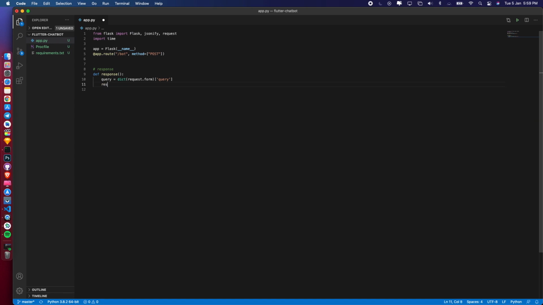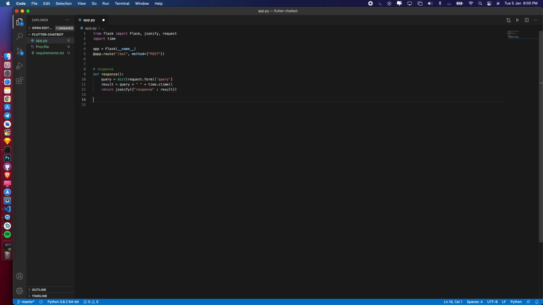And we'll be displaying a result in a new variable named result: query plus there will be some space, because whatsoever string the user inputs, then space, and then the time. So for time we need time.ctime. This is a function which will return the exact time at which the query is made, and then we'll return the response in JSON. So return jsonify response and result. Okay, this is very simple for now, don't worry.